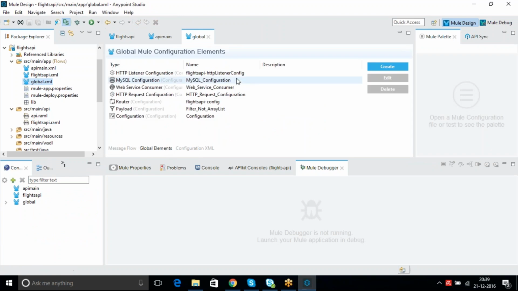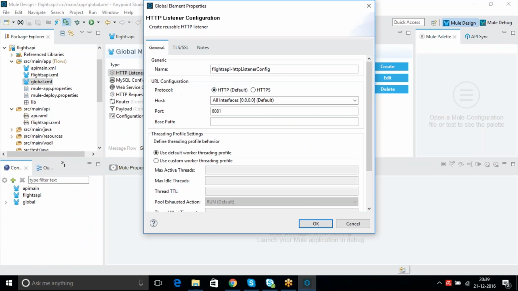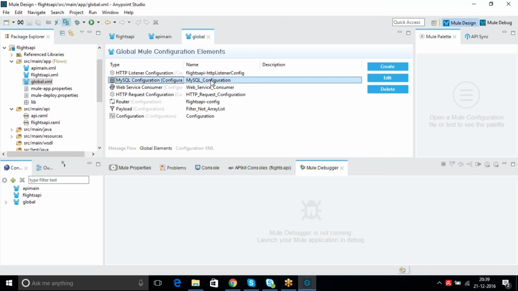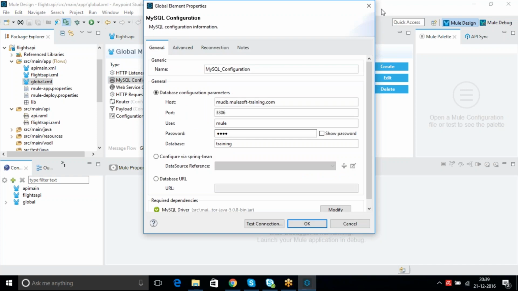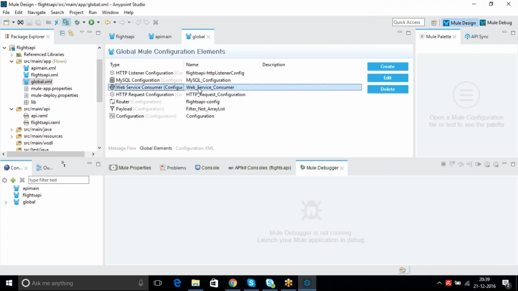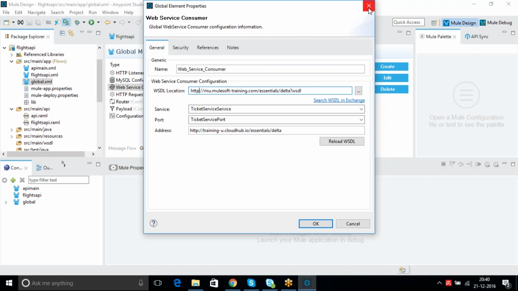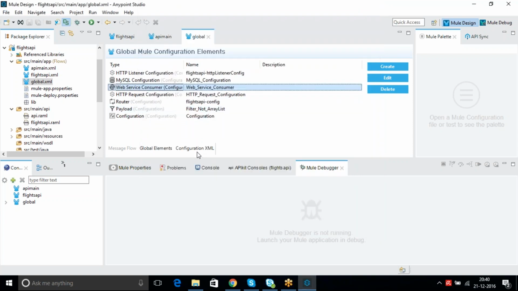So if you see the global elements, if you click on any connector configuration, everything is hard coded. Even the SQL configuration is hard coded, everything is hard coded, right? So now I don't want to hard code like this. I want to keep it in some property file and read it from there. Correct? So how can I do that?